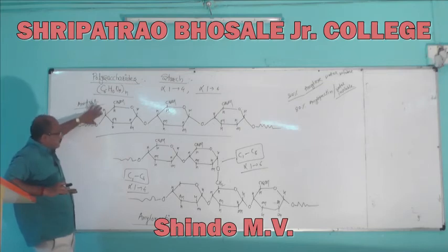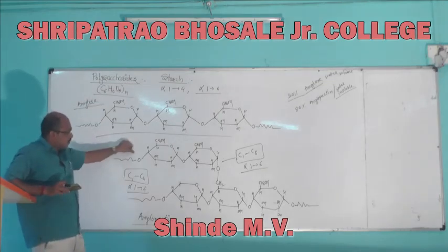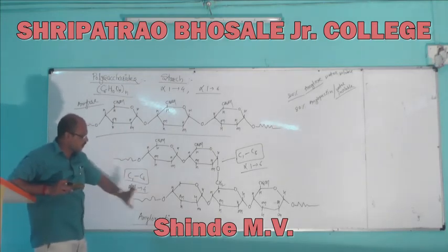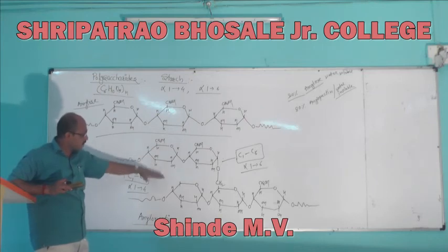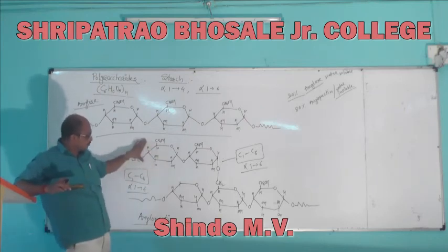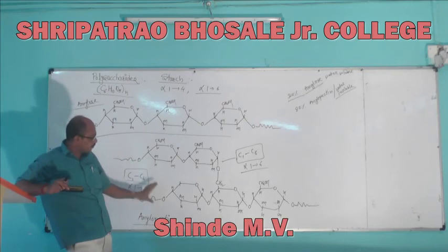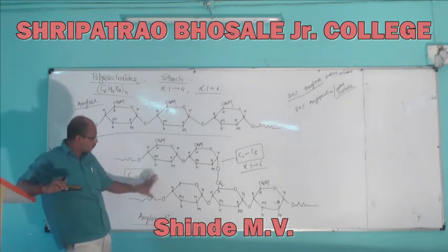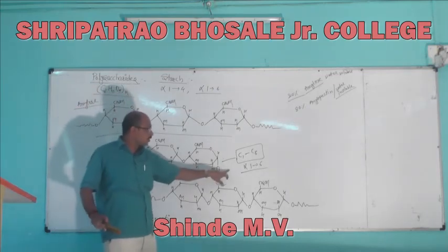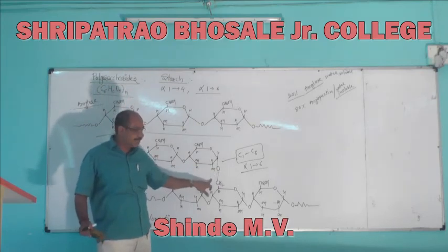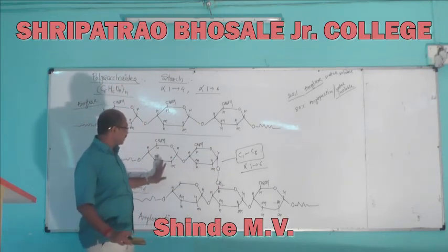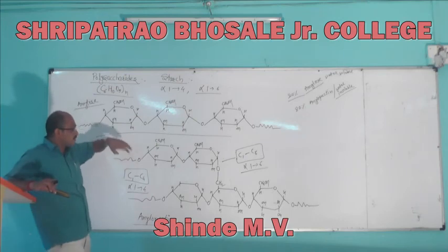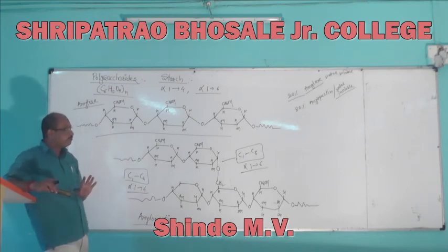This one is also a chain of amylose, a chain of glucose molecules. These two are also considered separately when we study it. This one is also a structure of amylose, and this one is also a structure of amylose, but these two amylose structures have attachment by the alpha 1 to 6 glycosidic linkage. So when we consider amylopectin, it is the structure of the starch molecule.